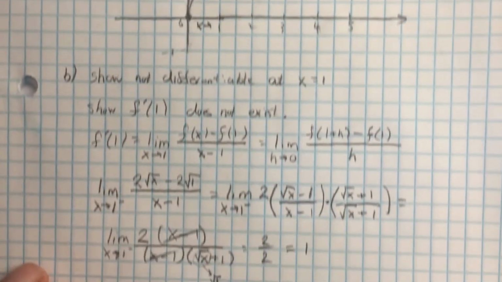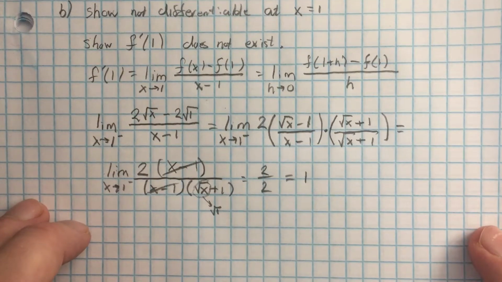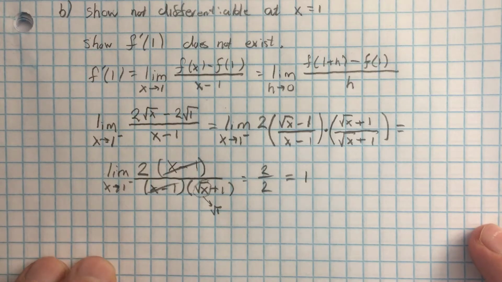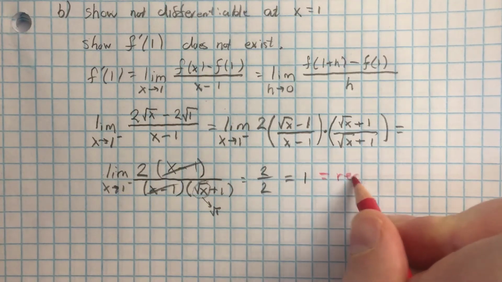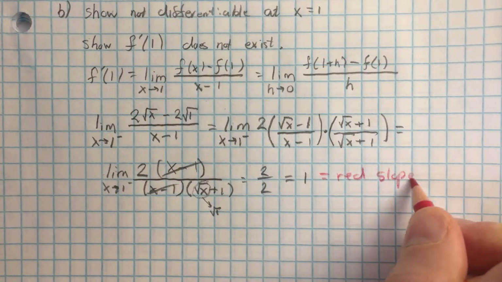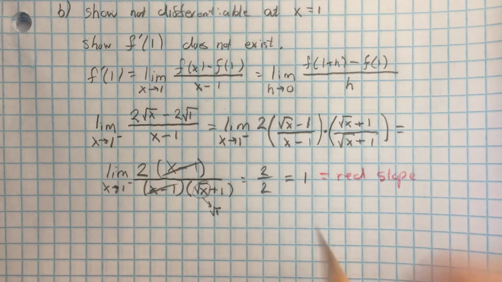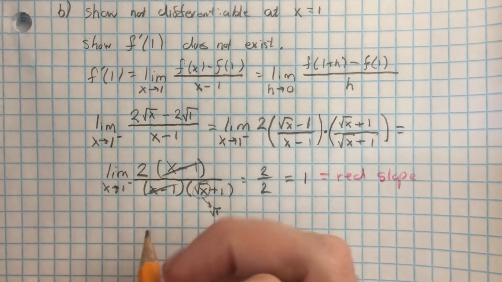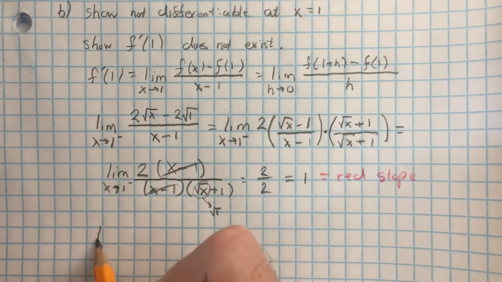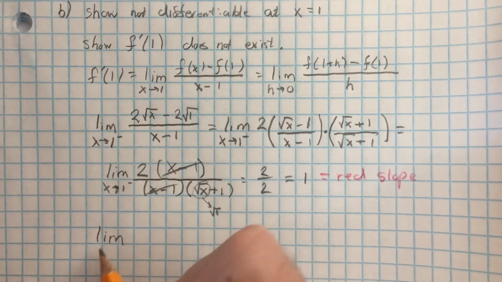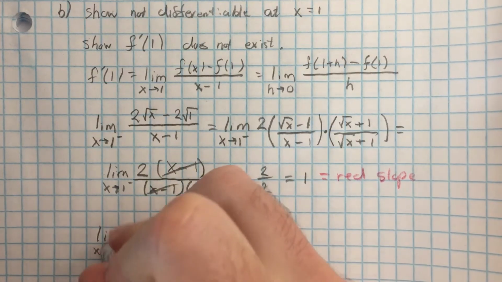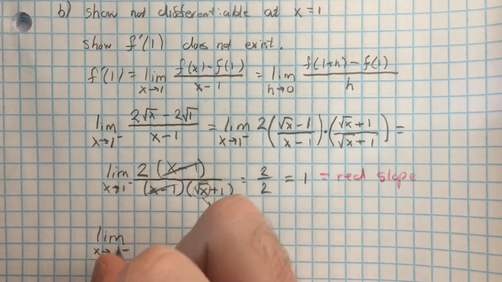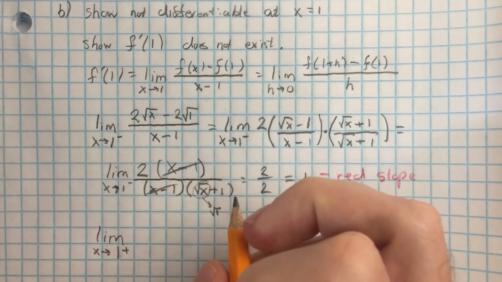We still haven't proved what we wanted, though. We need to show that the limit from the right is different. Right? So there's our red slope. Now let's show the other one is different from 1. So we would now find the limit as x approaches 1, in particular for this problem, from the right, and we would have